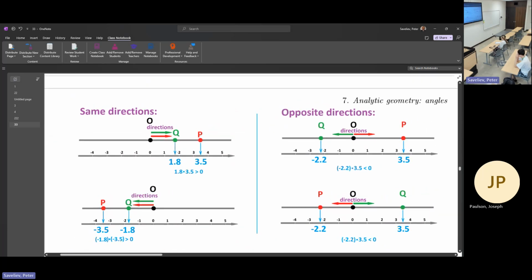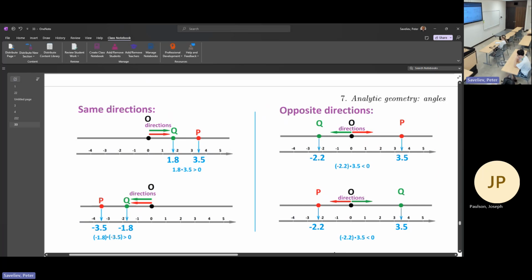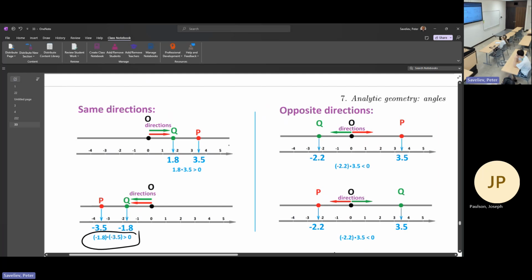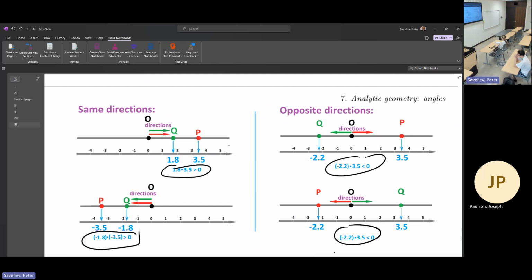So when you multiply two positive numbers, you have positive. When you multiply two negative numbers, you still have positive. Okay, so positive right here and positive. When they are on the opposite sides, it means that one of them is negative. When you multiply, you have negative. So that's how you can algebraically answer the question very easily about how they have the same direction,